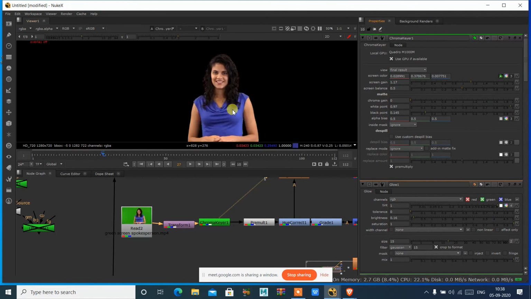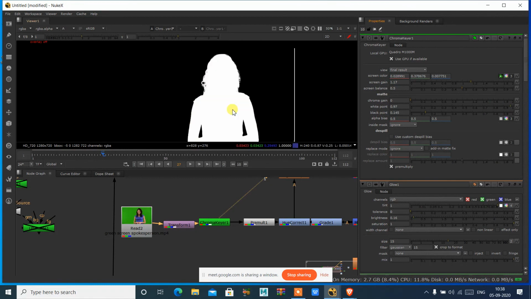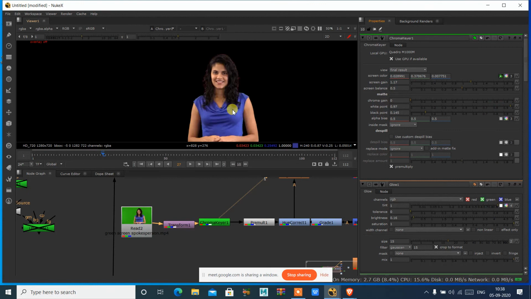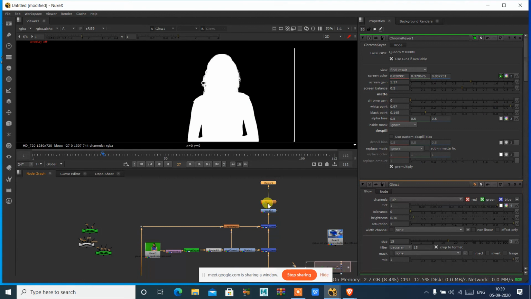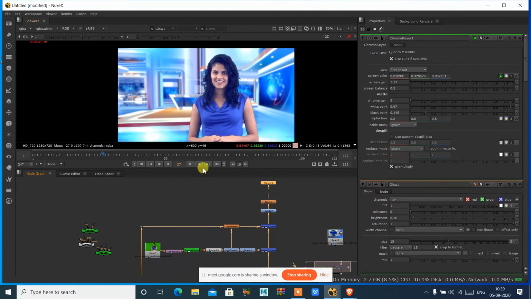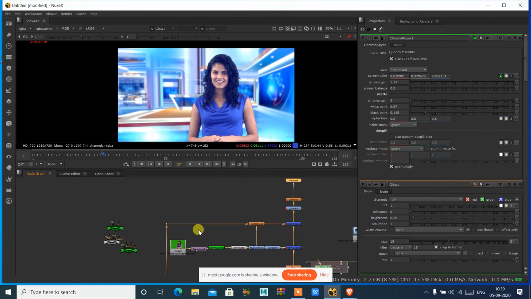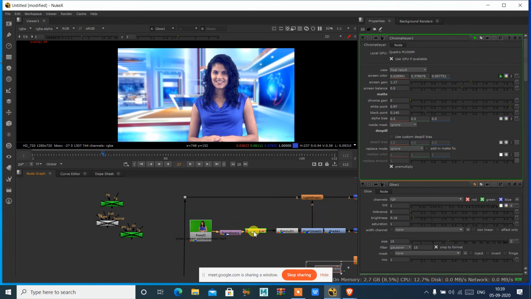Okay, so now we have done. I can see that using this, how nicely we can just remove that keying. Okay, so all these tools are used to remove the green screen. So any of these, if I just press 1 now, press A, again it has given a nice result for us. So all these keyers are for the same purpose.